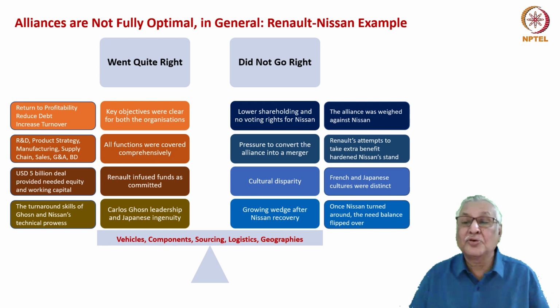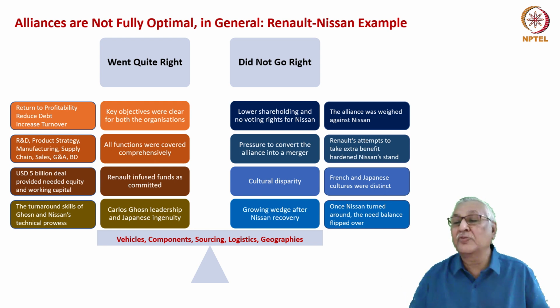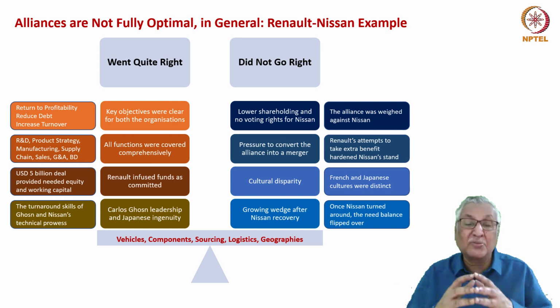Lower shareholding and no voting rights for Nissan. Because Nissan was down under when the alliance was constructed, the major partner or the dominant partner, Renault, did not provide equal voting rights and equal shareholding for Nissan. Therefore, from the beginning, the alliance was weighed against Nissan. Then, as the alliance became more valuable and the value that Nissan brought to the table was better understood, there was a pressure from the